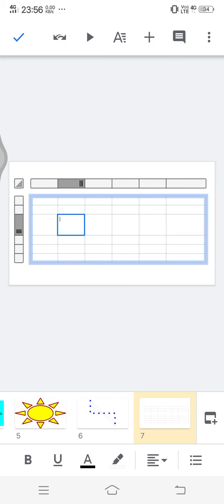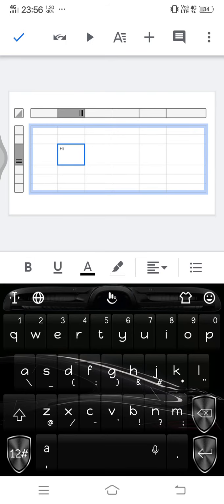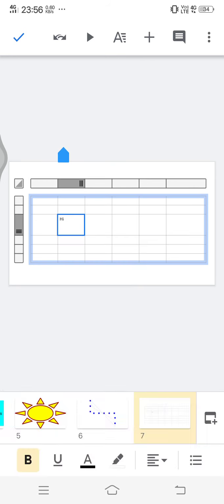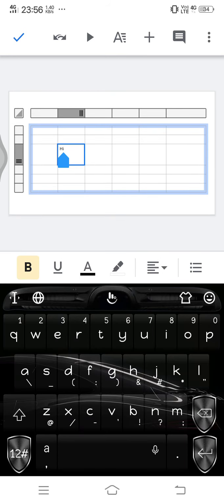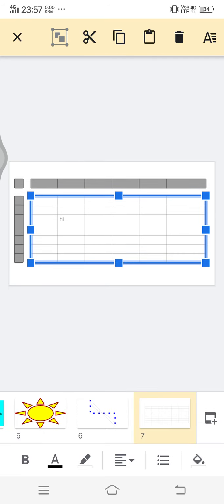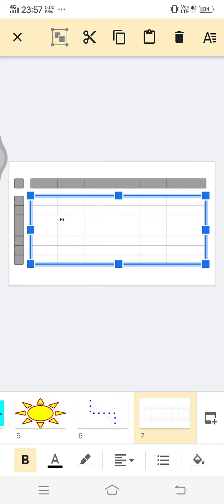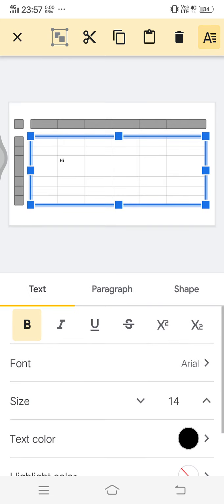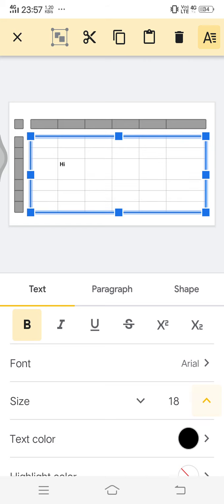Then double tap to add text, hi. So now that you added the text, you can long press on that box. But what happens is usually the entire thing will get selected, so you press the bold option. Then instead of going there, you go here and you can make it however big you want.